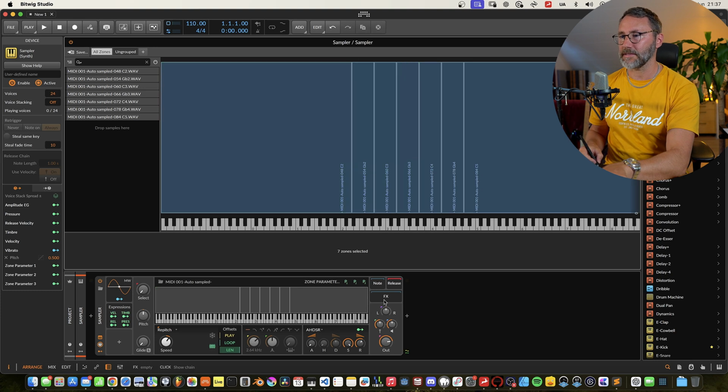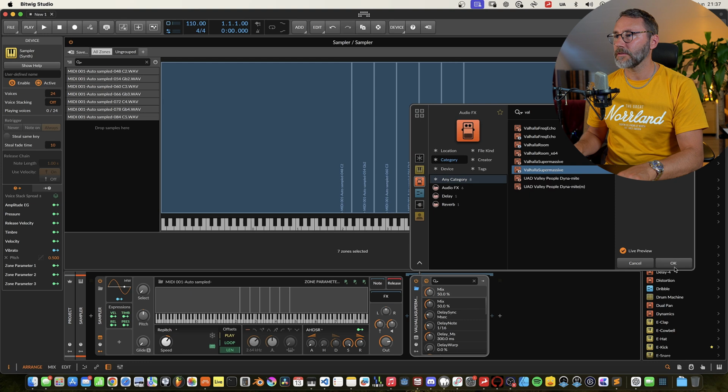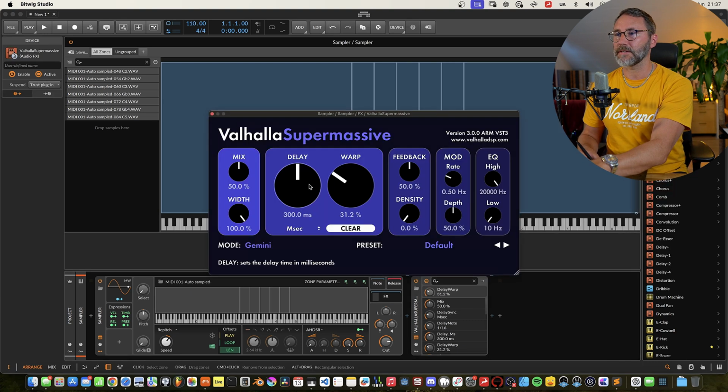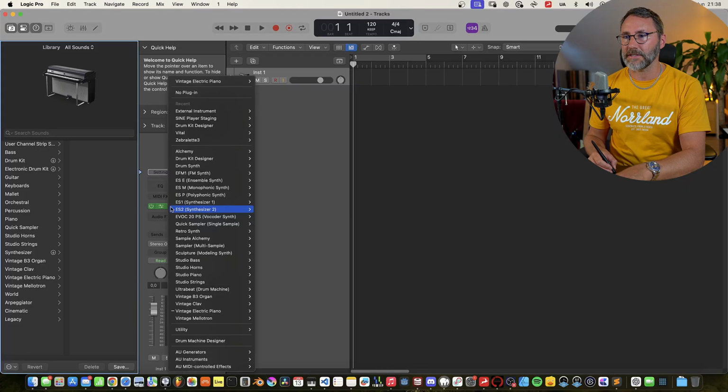And let's add some Valhalla Supermassive on that to get some sweet effects. Yes, you can see you can save a ton of time if you're using an auto sampler to get those sounds into your samplers.